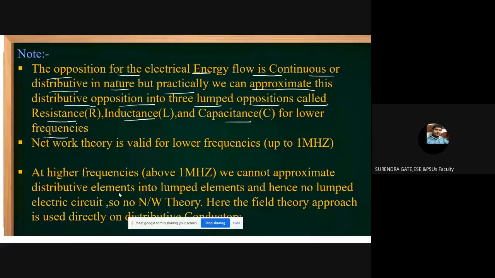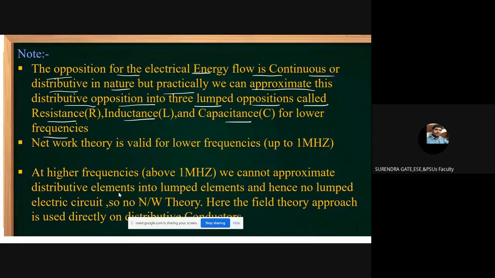I will explain, students. Simple example: whatever transmission lines are there, those are distributive elements. What about inductors and capacitors? All these are lumped elements. Physically, we can touch them. Yes, this much inductance is there, this much capacitance is there, this much resistance is there. Physically we can touch them like that. Then it is physically separable, and that is nothing but a lumped element.